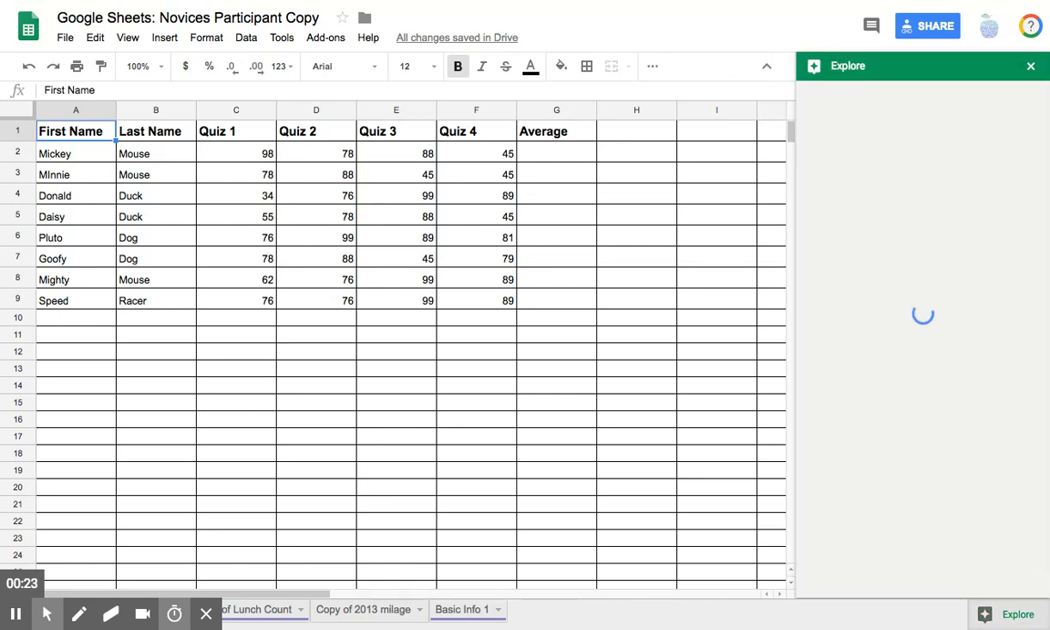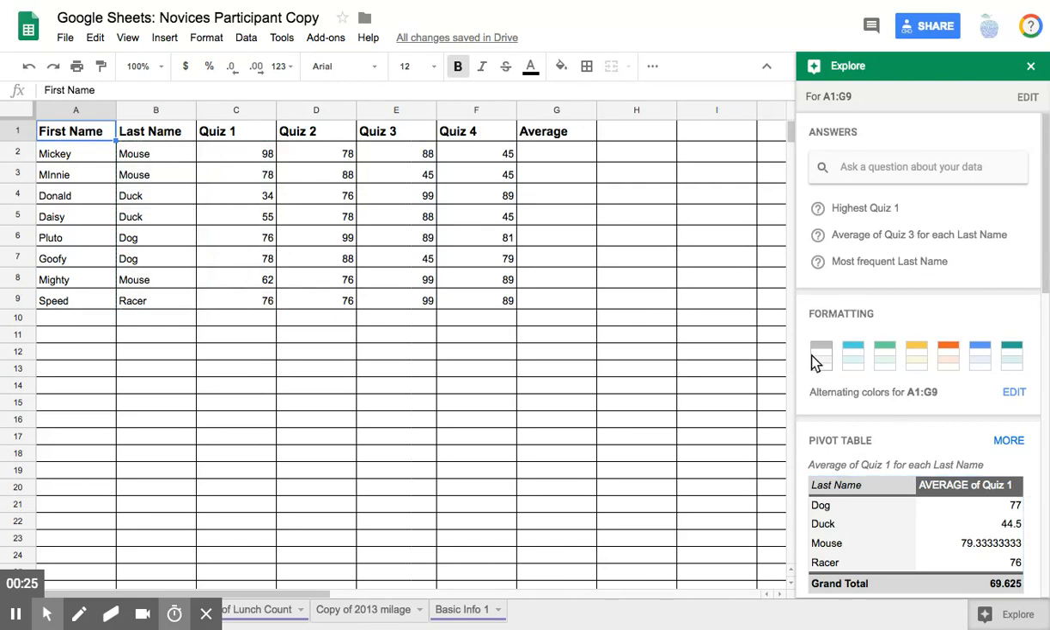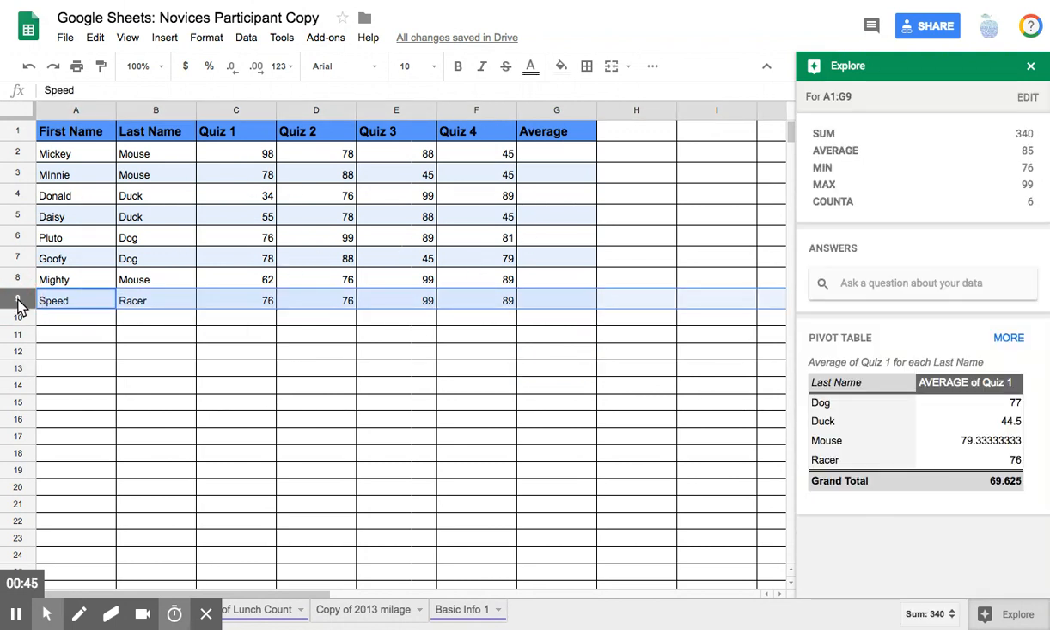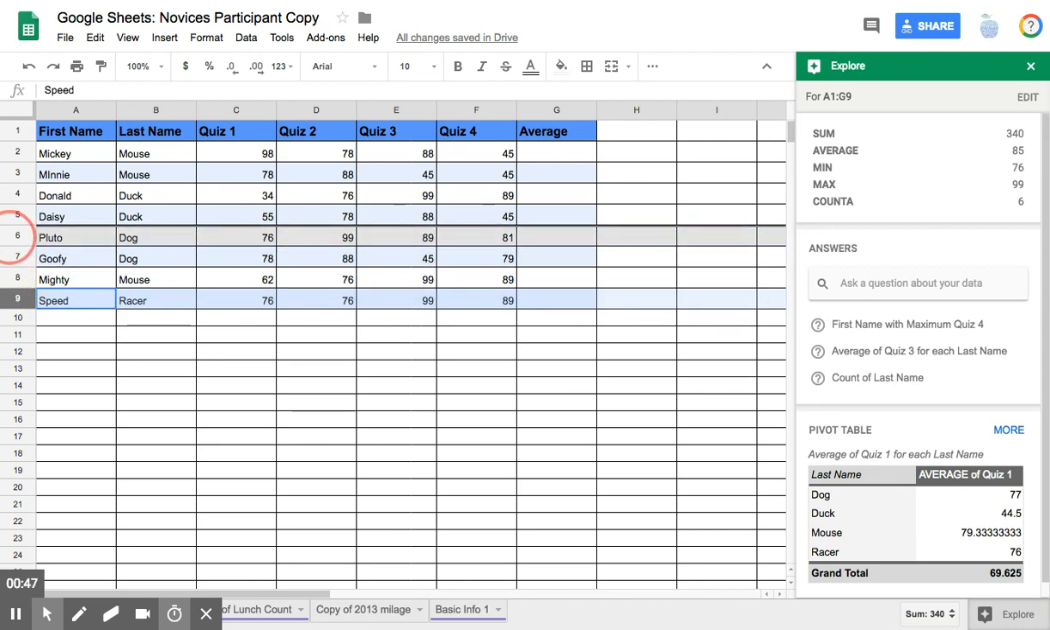I'm going to click on the Explore button, and here under the formatting section, Google will automatically alternate coloring rows in the color that I pick. So I'm partial to blue, so I'm going to choose this blue, and you can see now how beautifully everything is formatted. If I move a row,